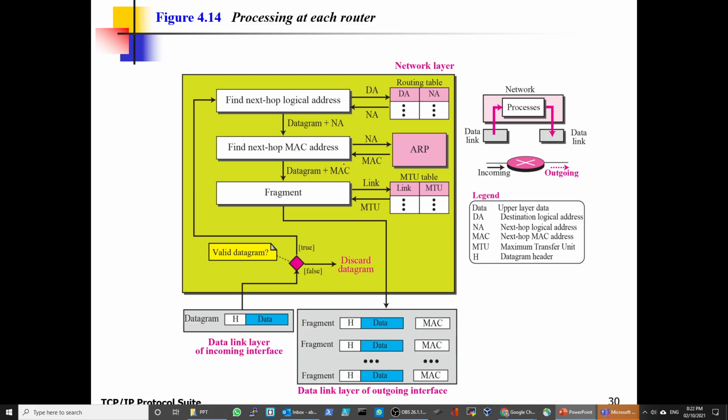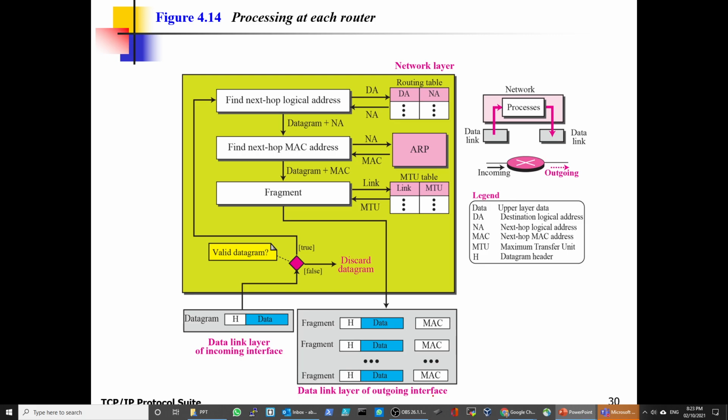Great. Now I have the datagram and I have the MAC address of the next hop. Wonderful. Then it goes down, you have the fragment now. Now I need to know about the MTU. Is it bigger than what is allowed, or smaller? If it's okay, then it does the fragmentation at the data link layer outgoing interface.